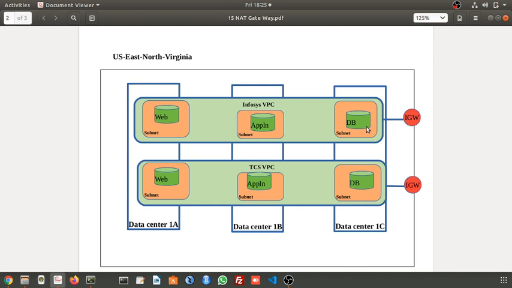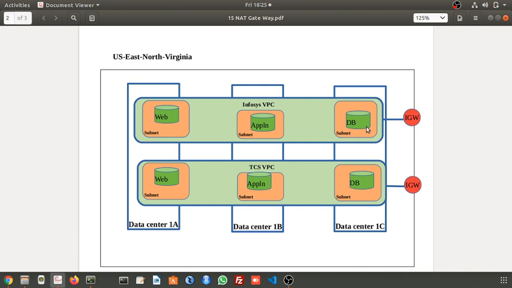Frequently, the database servers will not be directly visible to the internet gateway because they contain crucial data. Important data or sensitive data is generally placed in the database servers. If the database server is directly exposed to the internet, anybody can try to access the database and steal the data.